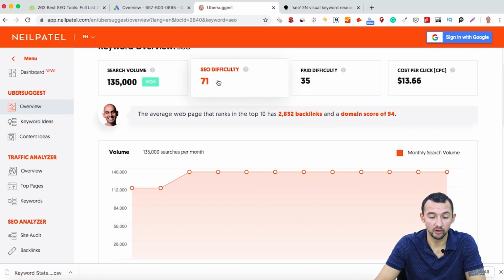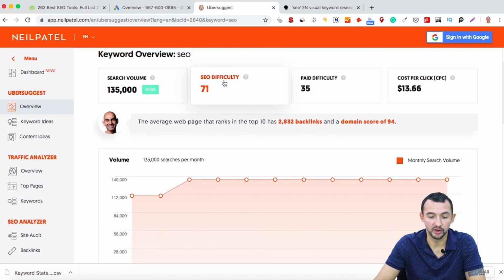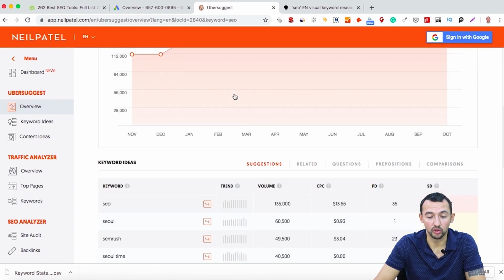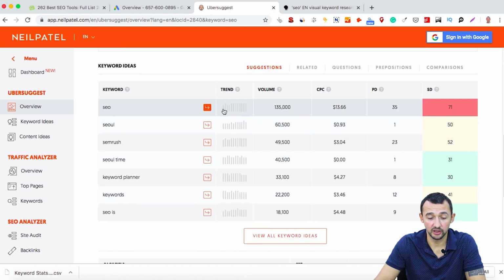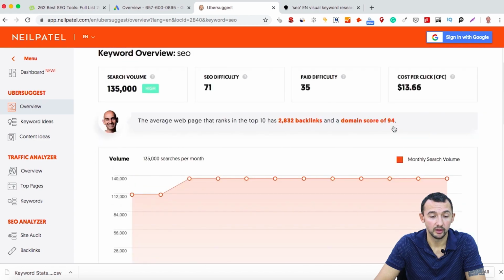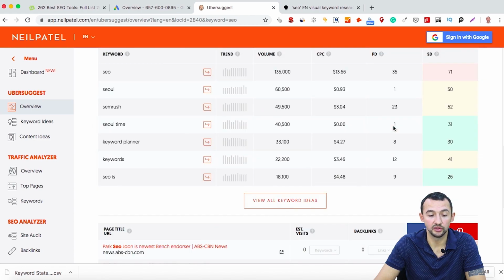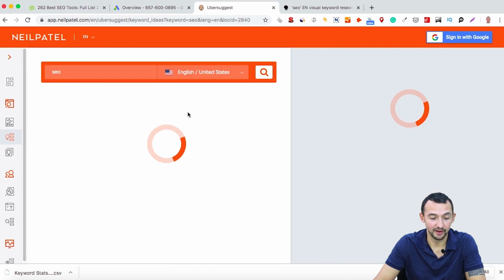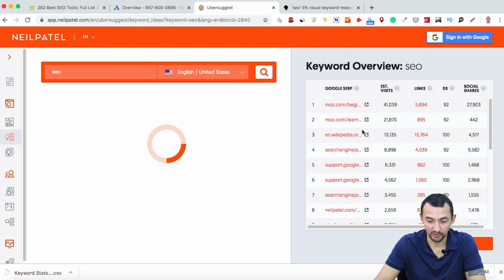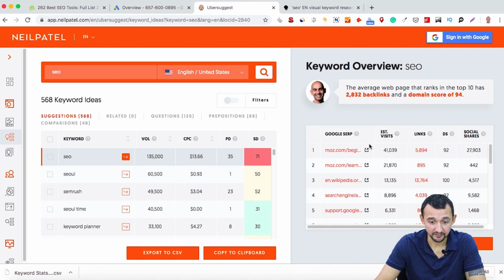What I like about this tool is that you have this parameter, SEO difficulty, because in Google Keyword Planner you don't have this metric, and we see the same volume, cost per click, and you don't even need to register in this tool to get all this data, keyword ideas, for example, for your keywords.